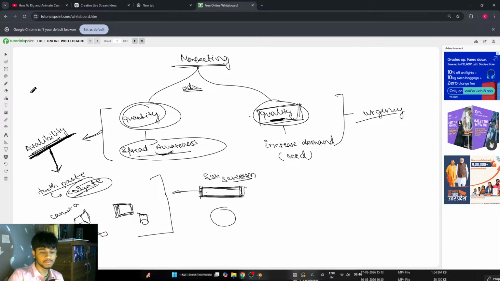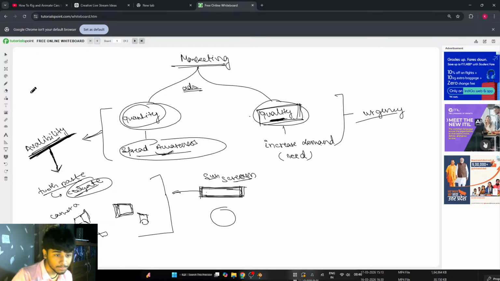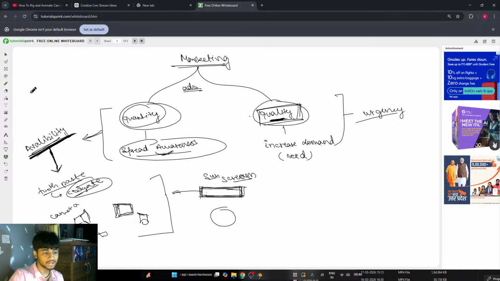Even now, many small companies think of just spreading awareness. They start giving the product for free to the audience. They start hiring people just to make advertisements, and in place of that they give the product to them for free. They are just trying to spread awareness, but not trying to increase demand, the need, which is really important. And that's what top brands do, that is, produce ads not in quantity but in quality.